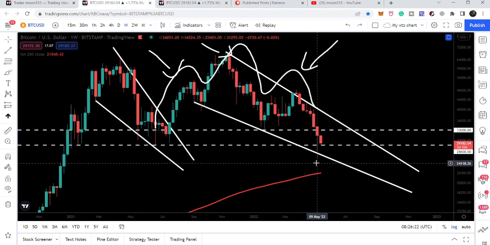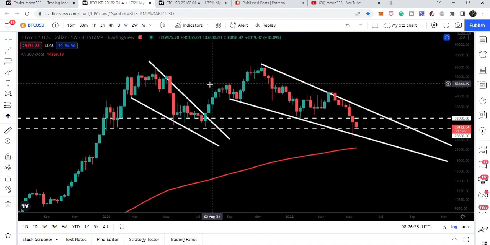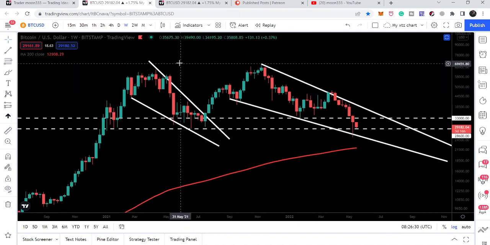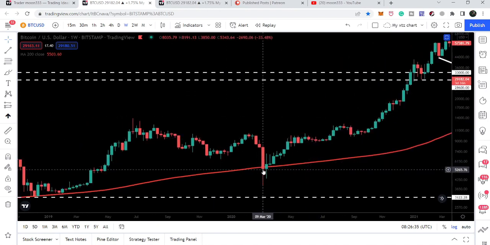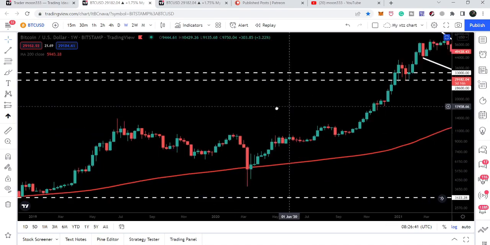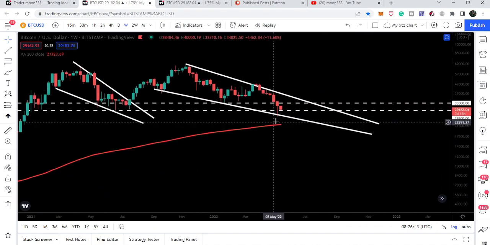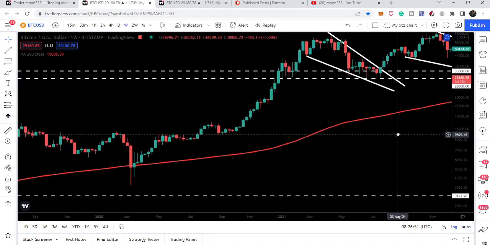But the history shows that Bitcoin never breaks down this 200 weekly simple moving average, and also never breaks down the previous high as well. Now, for example, if we have a long spike, it is expected that we can have a long spike like we had here below the 200 weekly simple moving average. And all of this can happen, by the way, if we break down this support of $28,600 and the support of the falling wedge pattern. In that situation, I'm discussing that we can hit these targets.